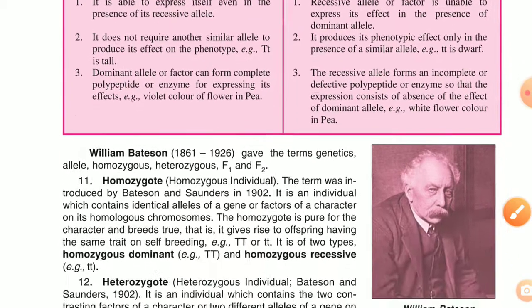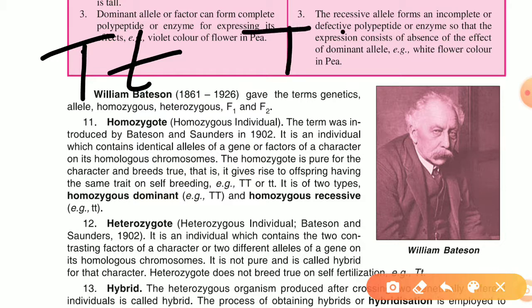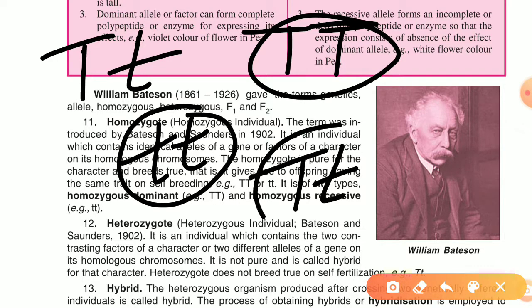Clear? Now the next important term, very very important, it is homozygous and heterozygous. What does it mean? As I told, every organism has two genes for a particular character. जैसे हम बात कर रहे हैं height की, तो for height there are two genes, capital T and small t. ठीक है, capital T and small t. But it may be there that in a person both the genes can be capital. This may be the condition. It may be the condition that both the genes may be small like this. It may be the condition that one can be capital and the other can be dwarf.